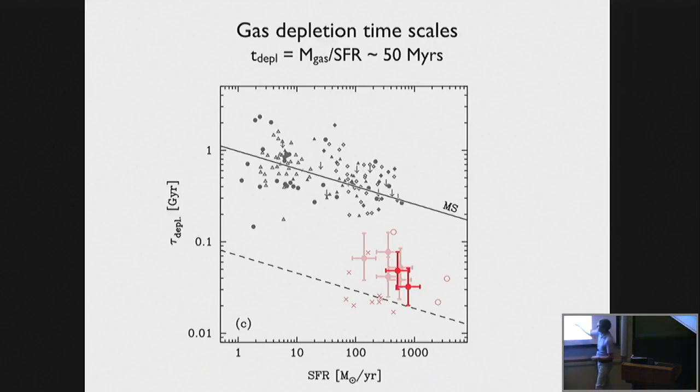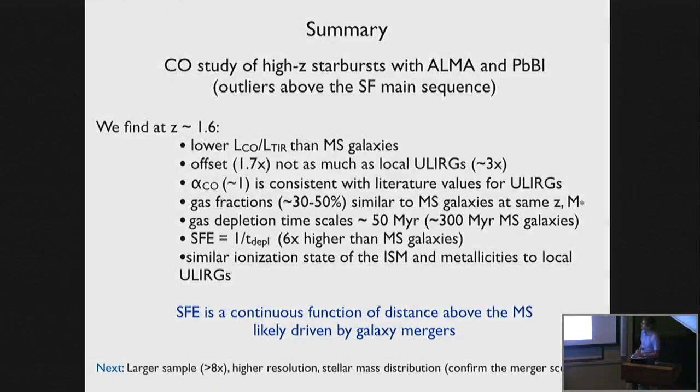Haven't had these samples where things that aren't so elevated off the main sequence, by looking mostly at these really extreme ULERGs at low redshift. There are results. There's also a paper by Nick Scoville who's using the continuum to do the same measurements, and there's some contention as to whether you couldn't have both factors at play. Okay? So I'll just end there that at high redshift, we definitely see lower CO given the total